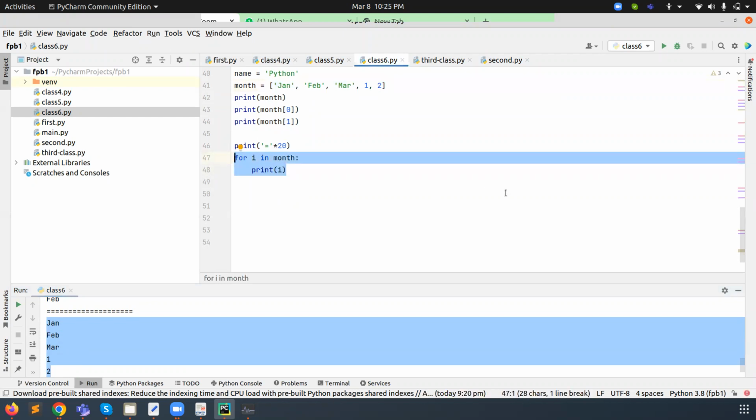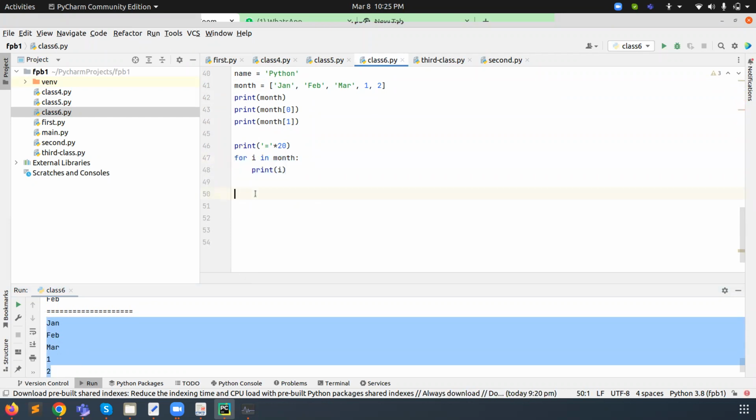In the coming class, we will go deeper into the list. In that class we will also cover the tuple, because the list is very big, so I will set aside one class for the list. In the list, we will understand list comprehension. When we go deeper, it will become complicated. In the coming session, we will only discuss the basic part of list, tuple, sets, and dictionary. Then we will go deeper into the list, because the list is very complicated.